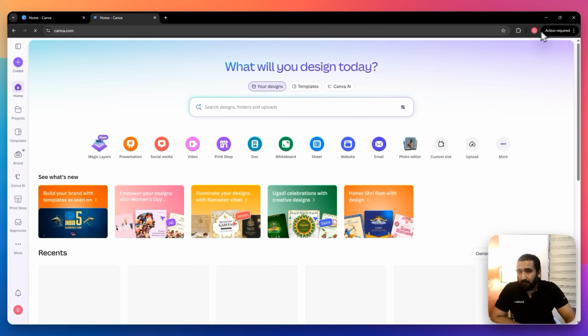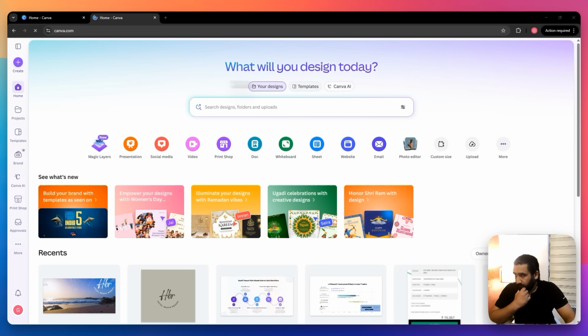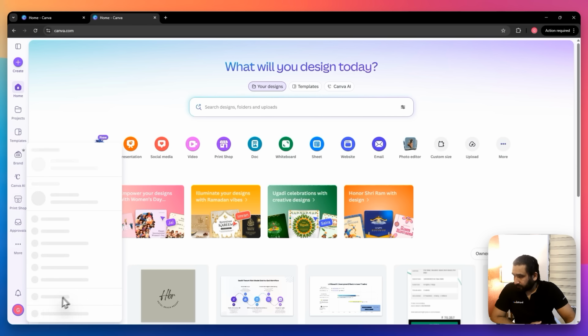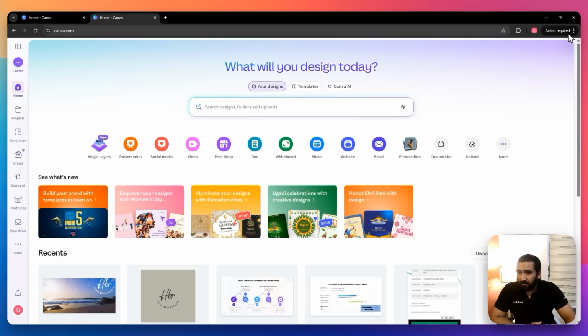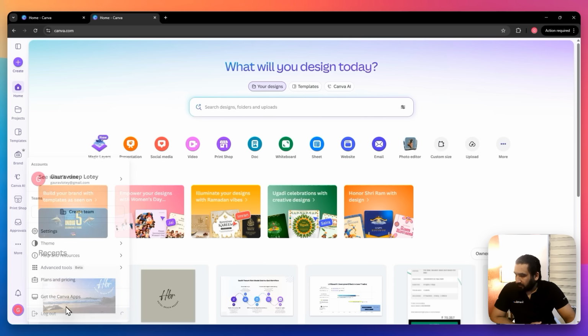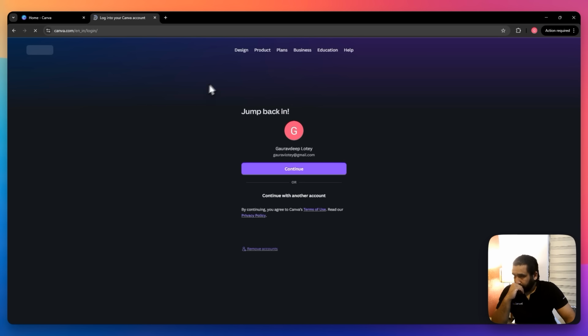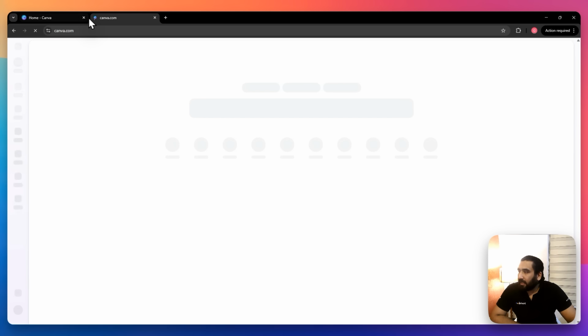Now let me first show you how it looks when you're logged out. I'll just log out first. What you can do once you come here is sign in with Google, and use your Google account to sign in. It will take your authentication. It will open up a browser to get you signed in by Google, and once you sign in, this is